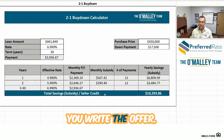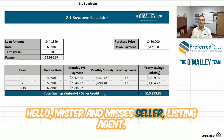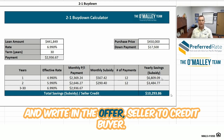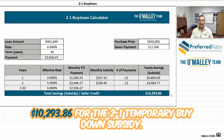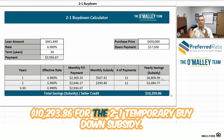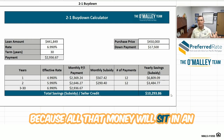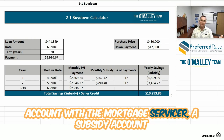So how does that work? You write the offer. Hello, Mr. and Mrs. Seller, listing agent. We'd like to buy your listing for $450,000. And write in the offer, seller to credit buyer $10,293.86 for the 2-1 temporary buy down subsidy. That's literally how you word it, because all that money will sit in an account with the mortgage servicer, a subsidy account,